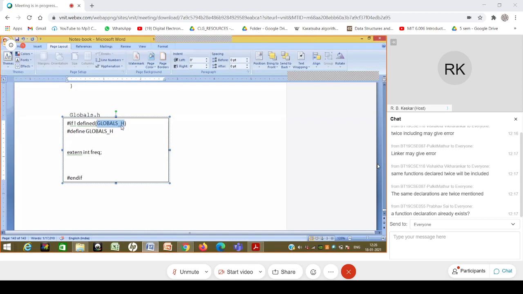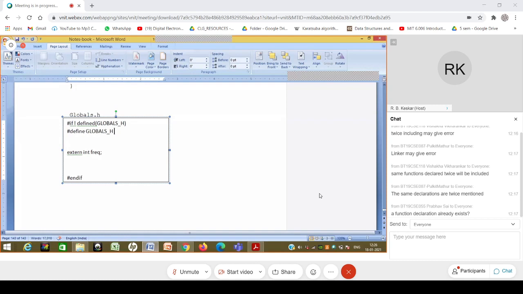That is the nomenclature. That is not a compulsion, but it is a practice which is followed. So what we are saying is that if this macro is not defined, we define the macro. We say hash define GLOBALS_H. It doesn't matter whether you write 10 or 20 over here or write nothing over here.